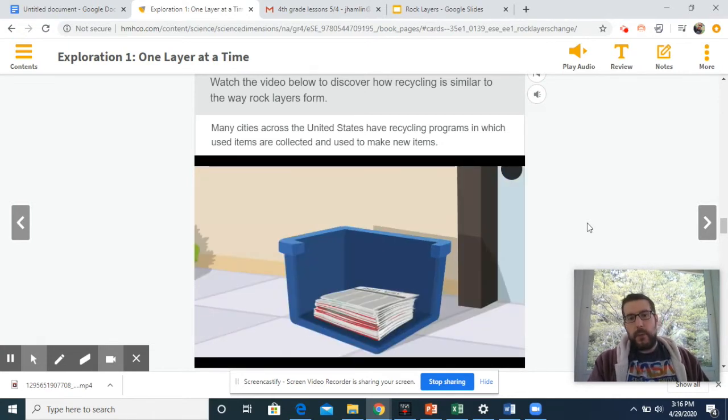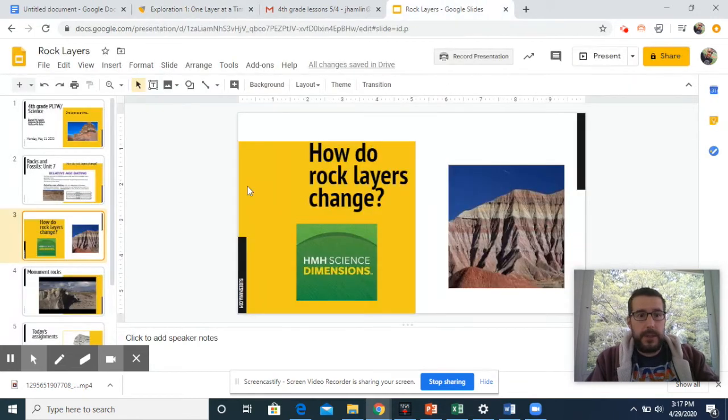So, very similar to what we talked about last week when she had the topsoil being on the top, that newest level. We see something very similar with the newspapers here. So hopefully that visual was able to bring it all together for everybody. So with the Sharktooth Hill video, we learned how the fossils that we find can tell us a lot about what the environment had been like at different times, where we saw there must have been water there before for them to find whales and sharks and turtles. So today we're going to take a look at another video that also shows us how what the actual rock is made of gives us a lot of indication about the environment from long ago. So let's jump back into our presentation here